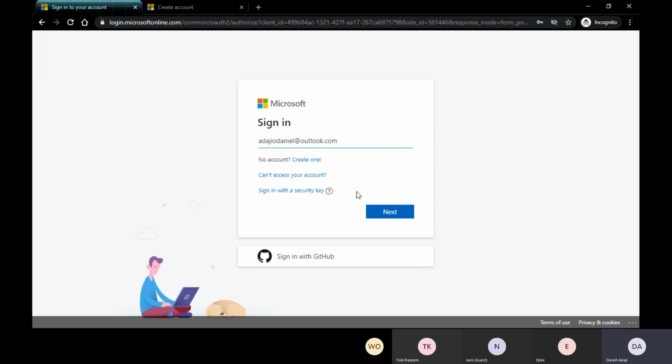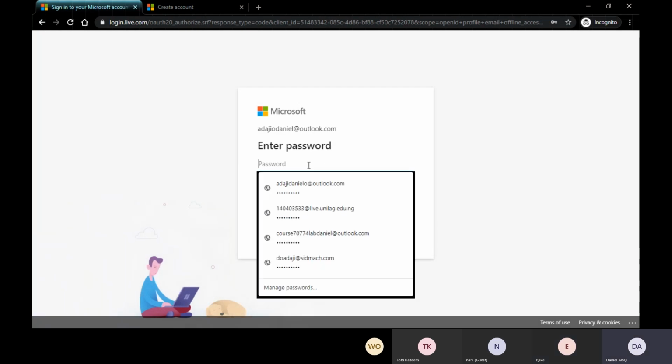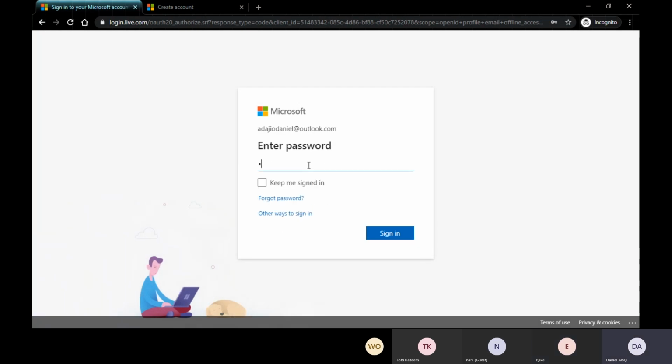So Adaji or Daniel at outlook.com. And yep, here I am. And my password. Don't want to stay signed in. Yep, so it brings me to